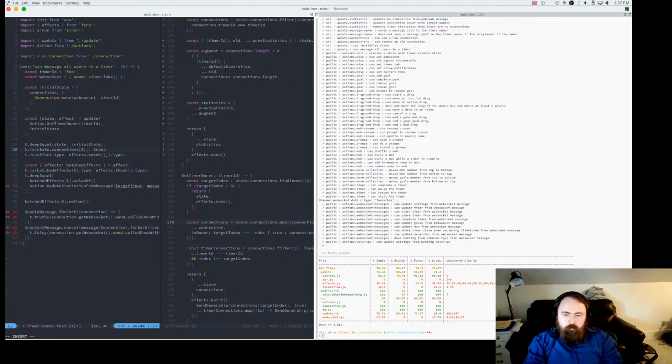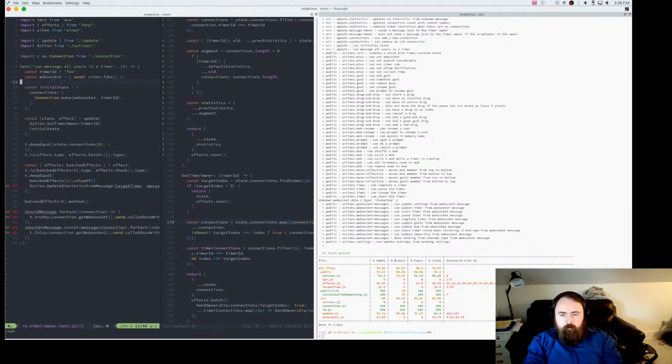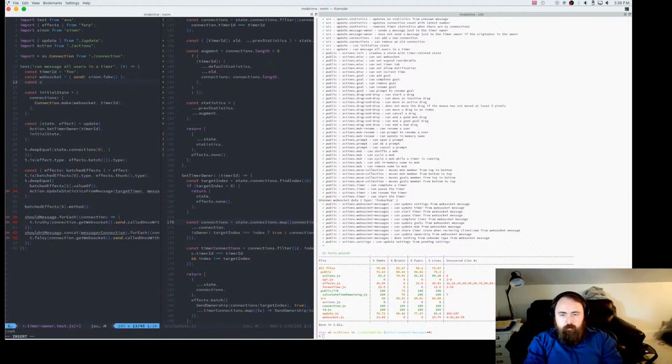So in fact, we could do something like, we could deep equal it. Let's get rid of that. Oops. This one. There we go. And we're just going to extract this.